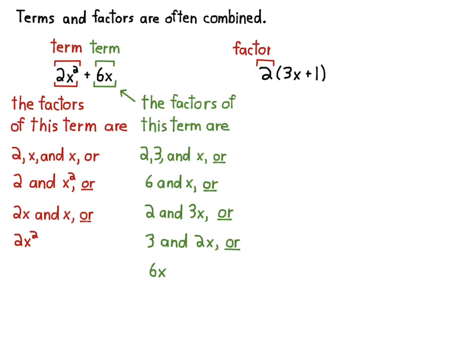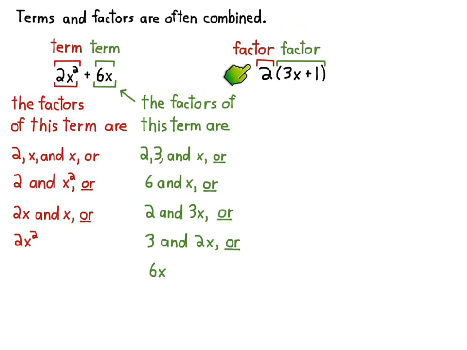This is another type of example like this. This is the product of two factors: 2, the number 2, and the algebraic expression 3x plus 1. So one factor is 2, the other factor is 3x plus 1. Those two things are being multiplied. 3 is not a factor of the whole expression,